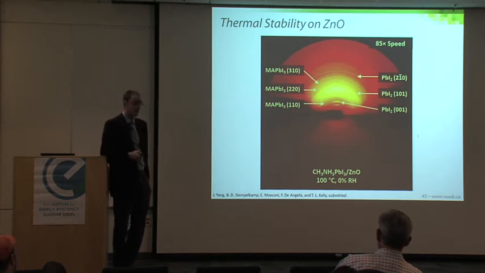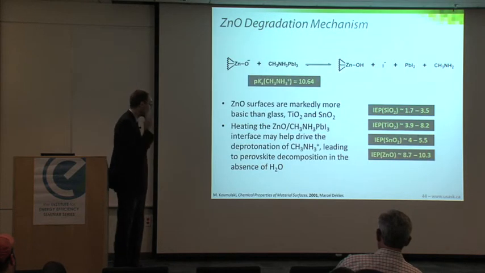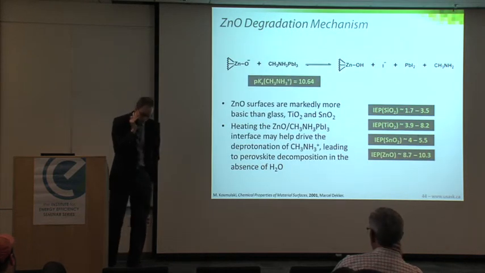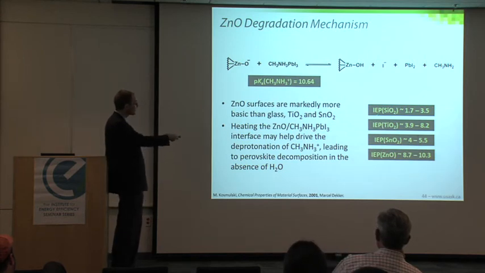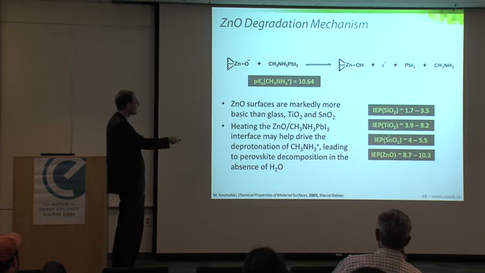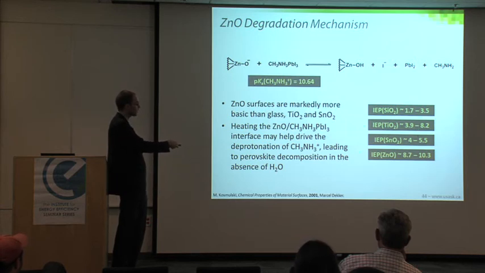So we're trying to understand why that might be. And what we came back to was sort of the old Sesame Street song of "one of these things is not like the other." And if you look at the acid-base chemistry of silicon dioxide, titanium dioxide, tin dioxide, zinc